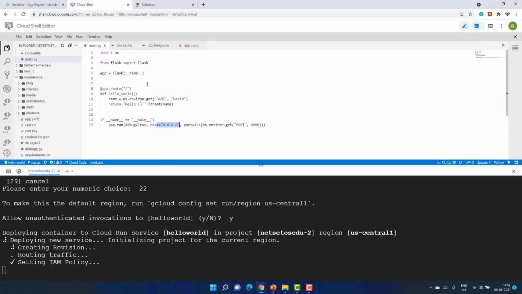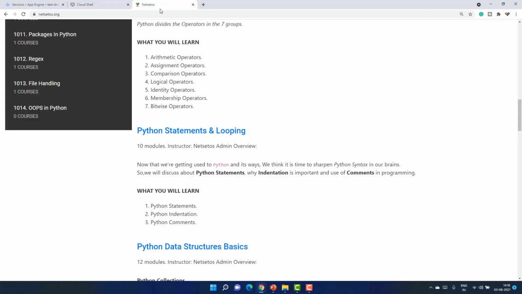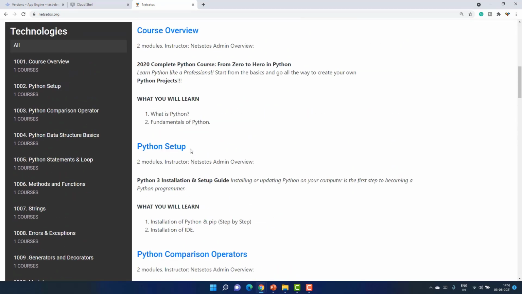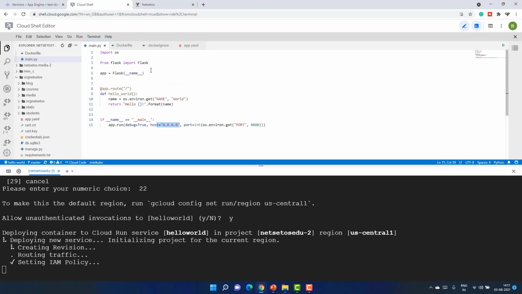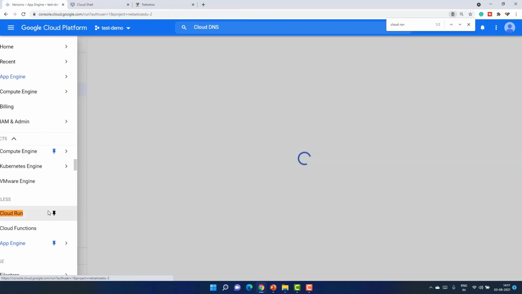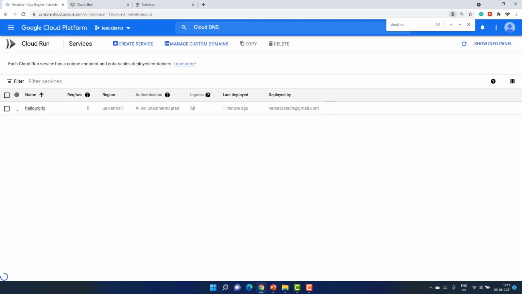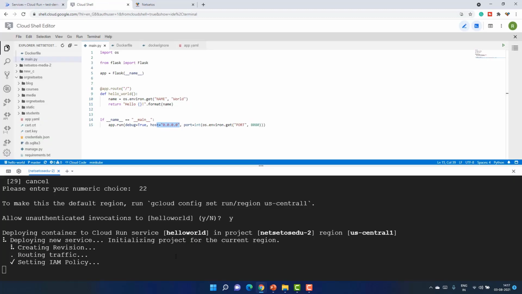The code is very simple, so you can replace it with your own code, as I have my own website that is running here. I will deploy this site in future lectures, and I will tell you how we can run Django applications on Cloud Run also. For the sake of simplicity now, I have taken a sample app that you can deploy on Cloud Run. You can see the whole logs and all those things from here also. Here you can see the hello world application is getting deployed, and similarly you can watch it on the terminal also.